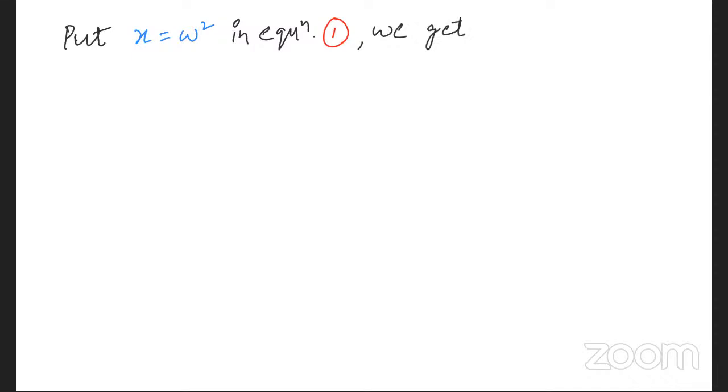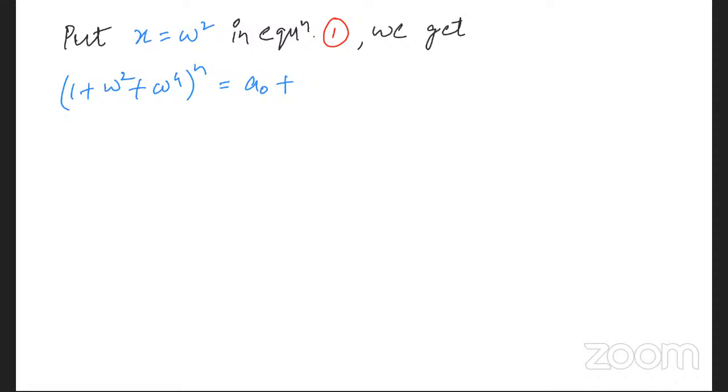Now put x equal to omega square in equation 1. Similarly, we'll try to put x equal to omega square in equation 1 and we'll see what we get. We get 1 plus omega square plus omega to the power of 4, whole to the power of n, is equal to a naught